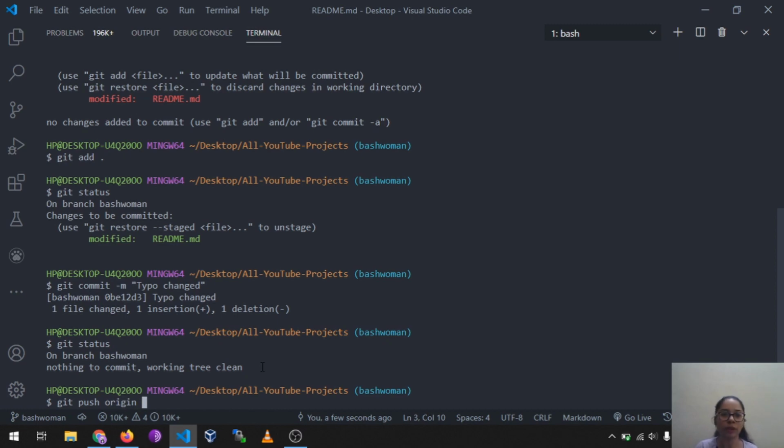You can modify that, but it is the default. Like that, we have a default branch, that is master, and then we tell which branch to push. I have worked on the bash branch, so I will push that branch.